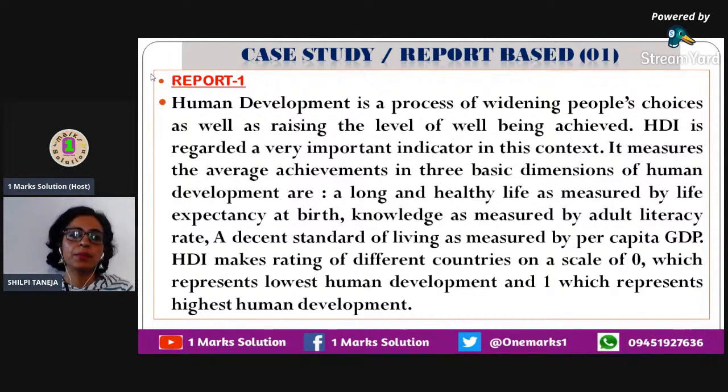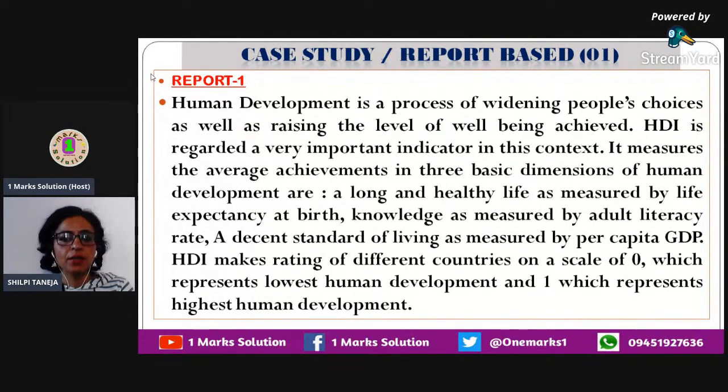Like for example, this is report 1. Human development is a process of widening people's choices as well as raising the level of well-being achieved. HDI is regarded a very important indicator in this context. It measures the average achievements in 3 basic dimensions of human development: a long and healthy life as measured by life expectancy